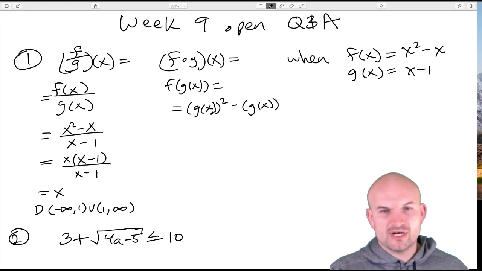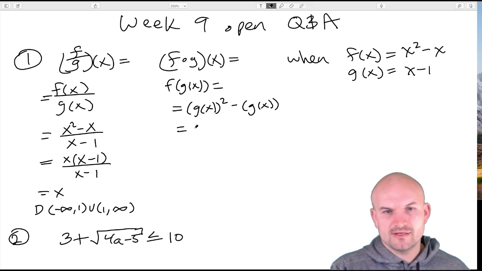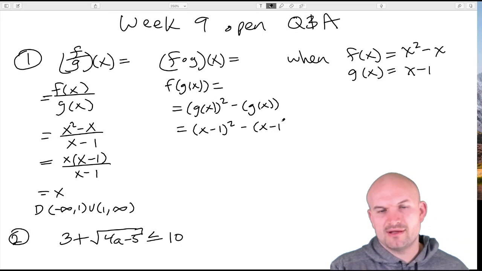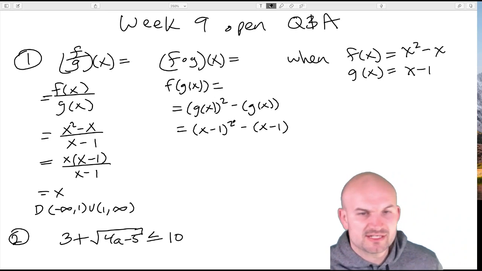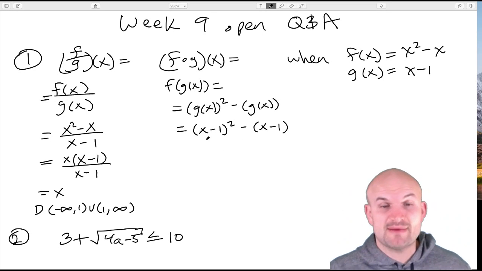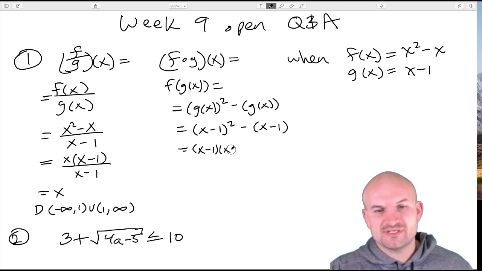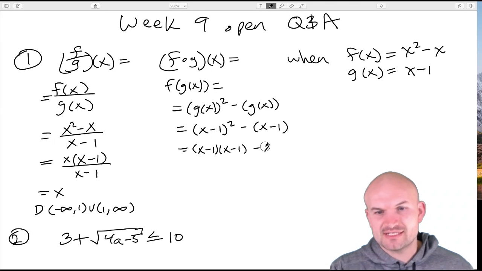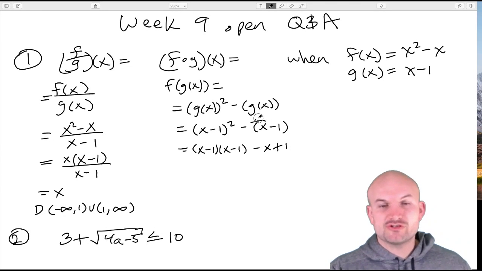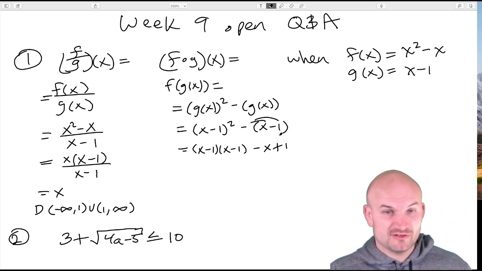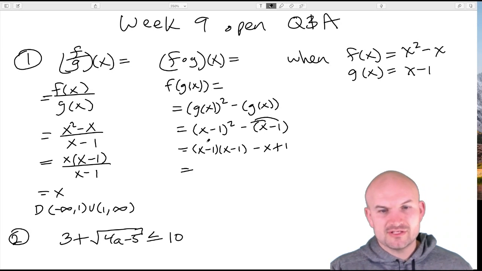Okay, now obviously we already know g of x is equal to x minus 1. So we can write x minus 1 squared minus x minus 1. And again, notice I'm using my parentheses because we have to make sure that we square the x minus 1. So again, that's x minus 1 times x minus 1. I guess for the purposes of making sure students aren't making mistakes, make sure you distribute that negative. Those are two common mistakes that we have here. So again, now I need to use FOIL here. So hopefully you are comfortable with doing the FOIL.